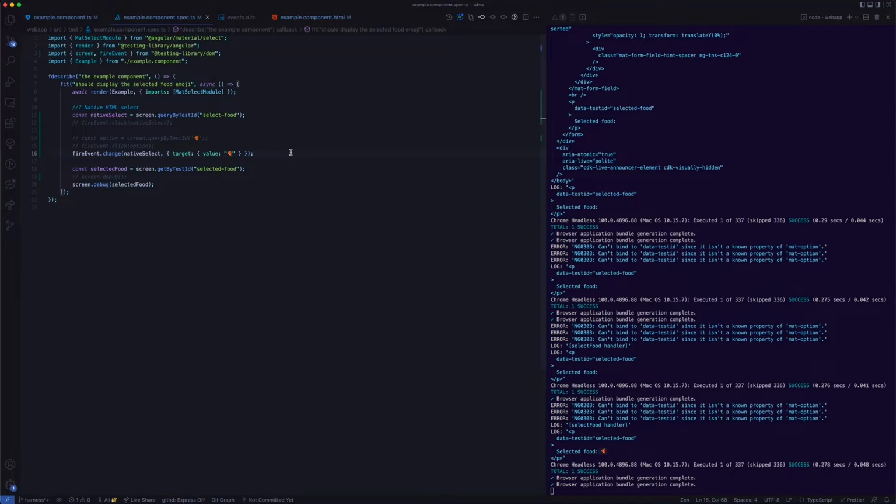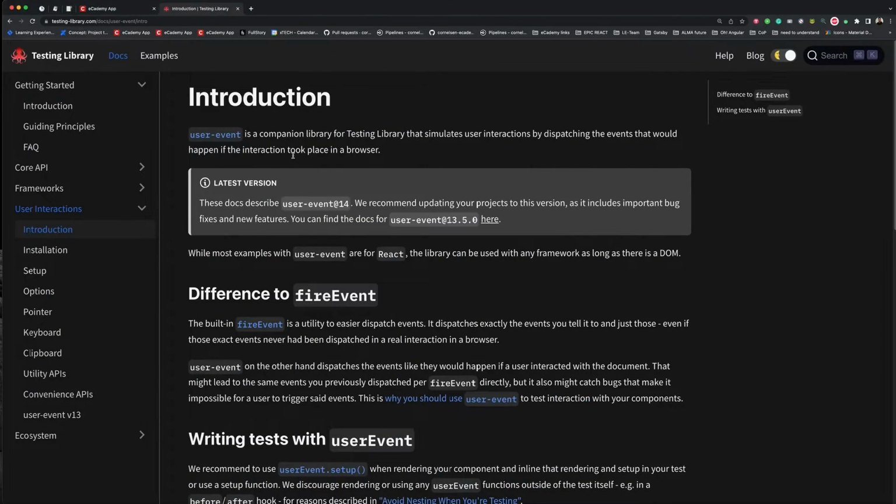Okay, this is great. But right here, I'm not happy with this because I'm not actually mimicking a user interaction. So we are finding this change event, but in reality, this is not what's happening, right? So for that reason, I want to introduce another library that we want to use, and it is the user